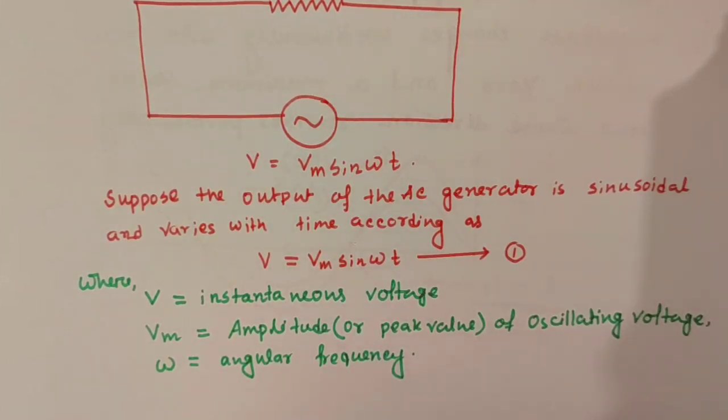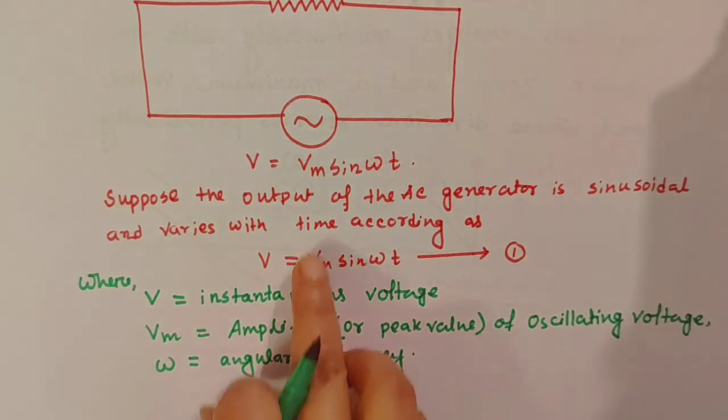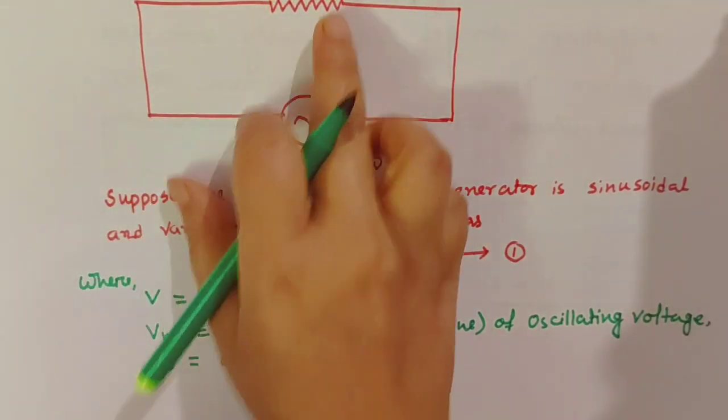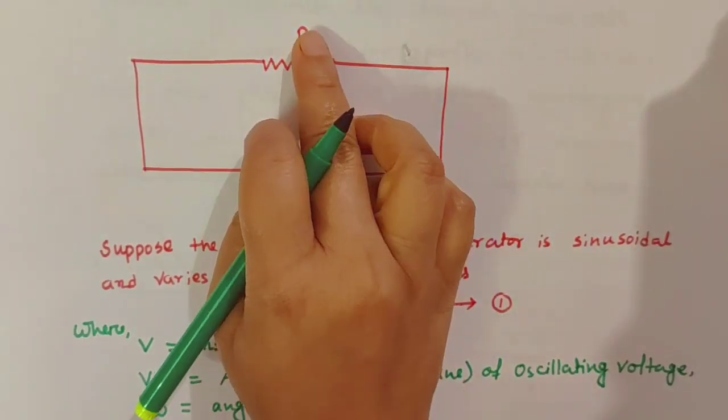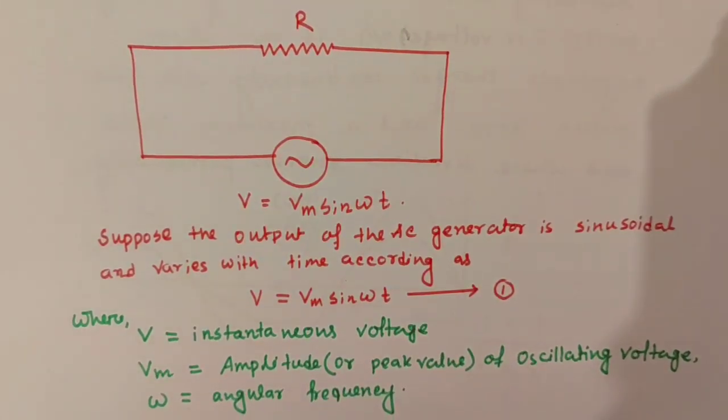Omega is equal to the angular frequency at which the voltage changes. Now, if this sinusoidal voltage is applied to the resistor of resistance R, this is our resistor of resistance R, the instantaneous current in the resistor is,